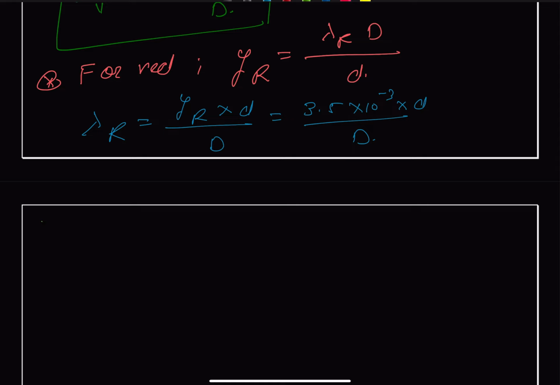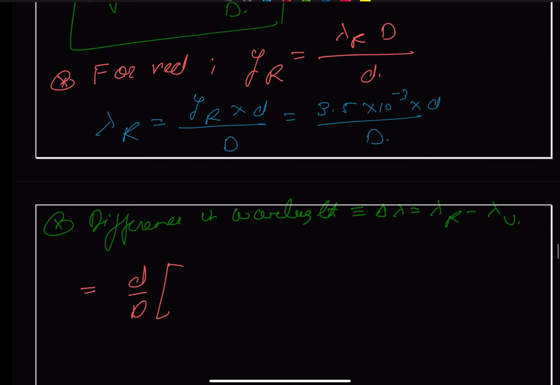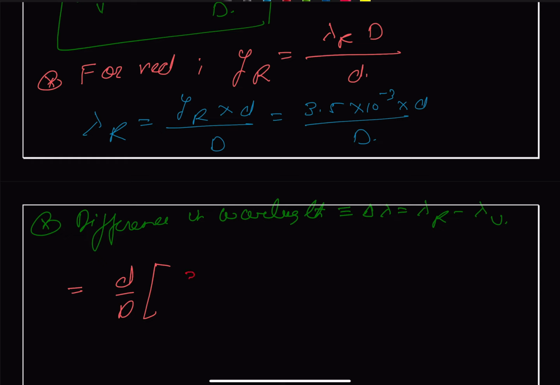So we can say difference in wavelength, that is our delta lambda is equal to lambda for red minus lambda for violet, and we substitute it, we get lambda for red, we can take D upon small d as common, and this comes as 3.5 into 10 raised power minus 3 minus 2 into 10 raised power minus 3,